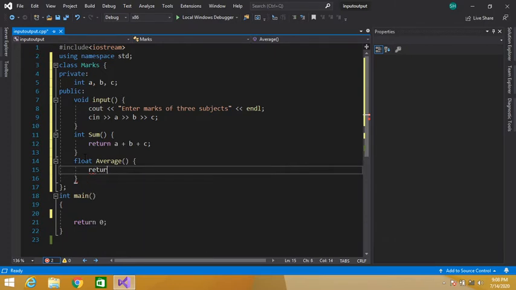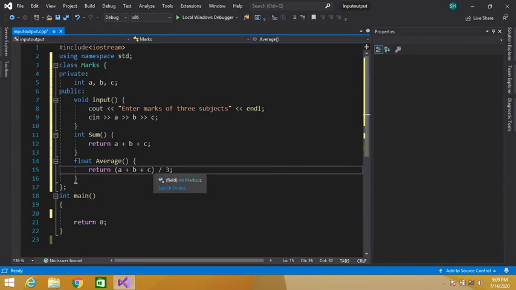Return keyword, then what is average? Sum of quantities, that means A plus B plus C, divided by the number of quantities, that is 3. So this function will calculate and return the average.